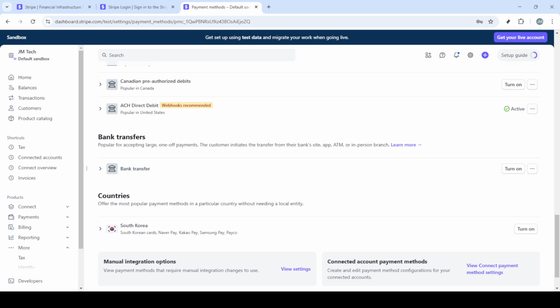You've now successfully enabled ACH direct debit on your Stripe account, ready to facilitate transactions seamlessly and securely. This new setup will provide your clients with another convenient payment option, which can help streamline